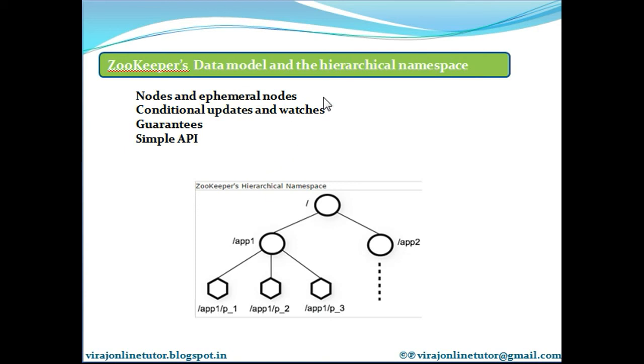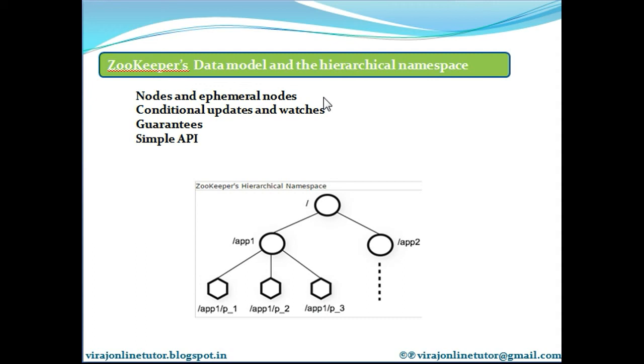Okay, so let's discuss some points on nodes and ephemeral nodes. Unlike a standard file system, each node in a Zookeeper namespace can have data associated with it as well as children. I repeat, each node in a Zookeeper namespace can have data associated with it as well as children. It is like having a file system that allows a file to also be a directory.